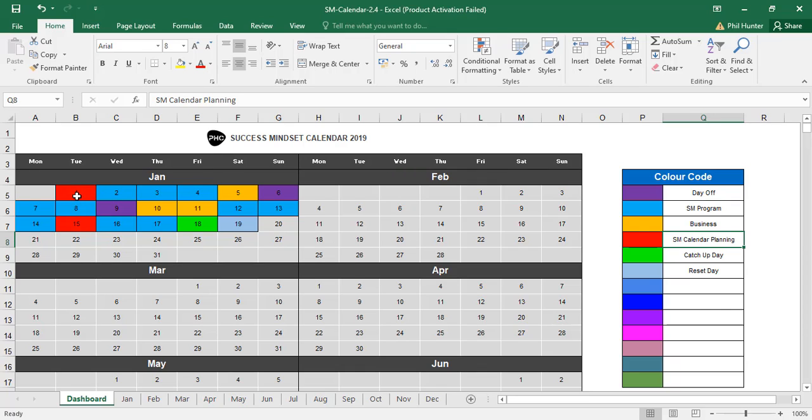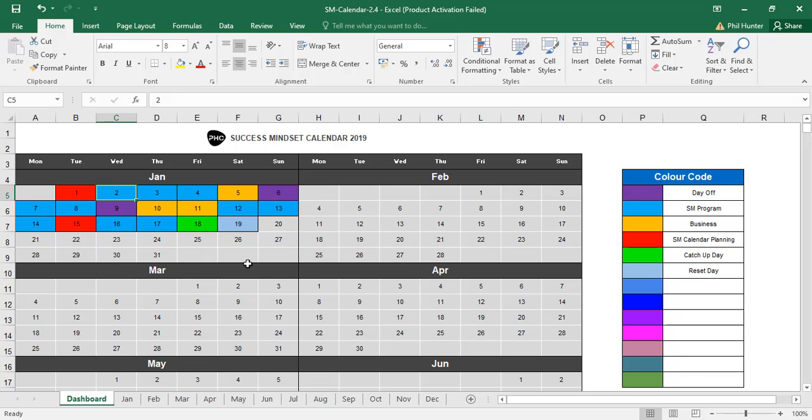If we look at this month for January, we see day 1 here, the 1st of January. This is the Success Mindset calendar planning. I'm basically going to take a day, or at least the majority of it, to plan out the rest of my week, or at least 2 weeks in advance. For people that are first coming across this calendar, you're on the program, you want to assign days to the Success Mindset program. This is a way to be a lot more efficient, get you to where you want to be, and make sure that you're doing the right things each day and that you're tracking your months ahead,